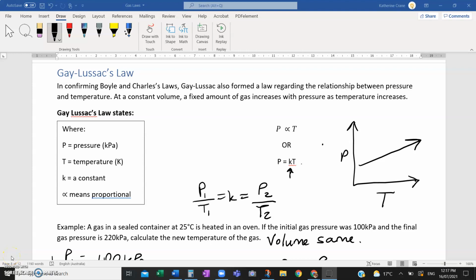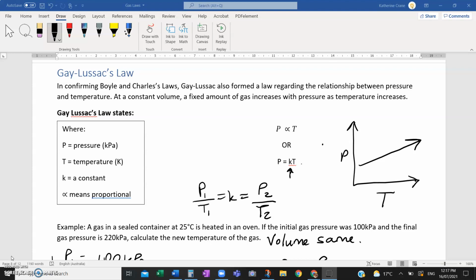Okay, welcome to part 5, and we're going to look at Gay-Lussac's law. And this one, he was the one that did the law of combining volumes. And so he also confirmed Boyle and Charles's laws, but also then looked at pressure versus temperature. And he found that at a constant volume, a fixed amount of gas will increase with pressure as the temperature